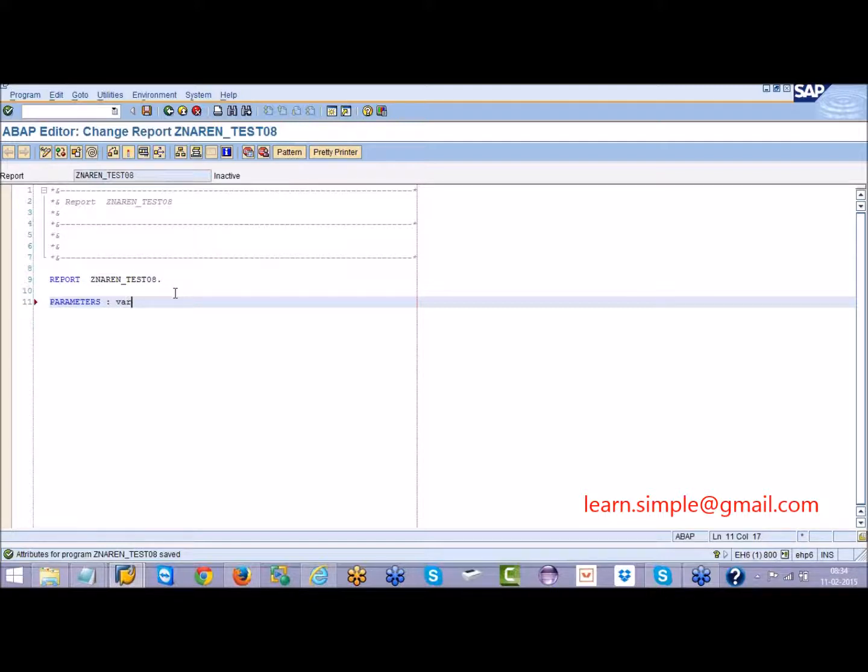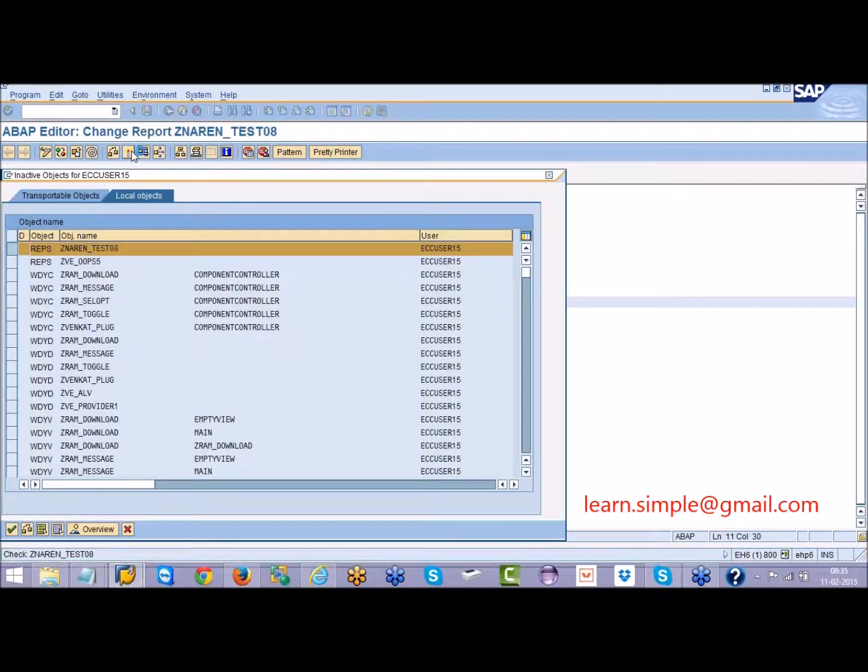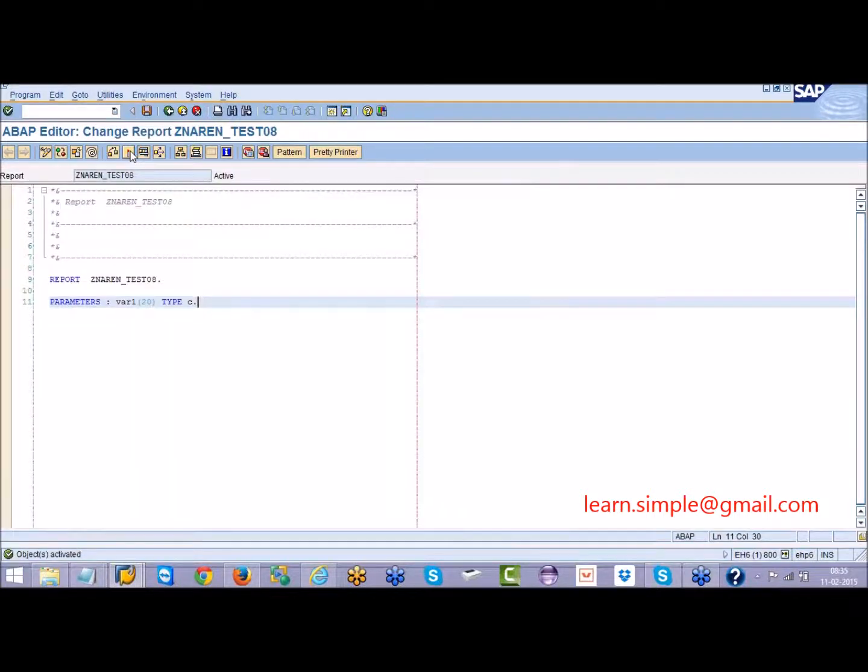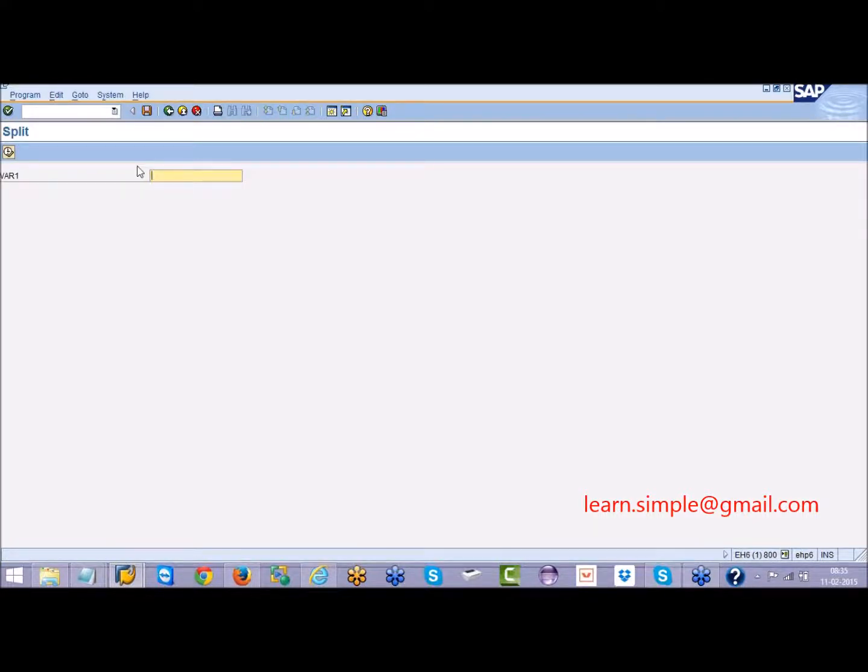So this is one variable which is having length 20, type character. All the string operations we are discussing now can be performed on either characters or strings, remember. So here I'll give SAP hyphen ABAP.